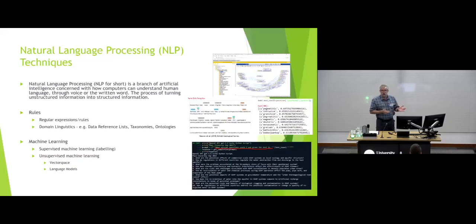So we can use things like regular expressions to extract information from unstructured data, part of speech tagging, domain linguistics, so taxonomies, reference data, ontologies, so identifying names of things in text through various methods, and then machine learning. So we can label data in sentences or paragraphs or whole documents to build a statistical model to then predict and generalize to find similar entities in unseen documents, which we know in generally almost every area there's far too much for a geoscientist to ever read. So we need some automated help.